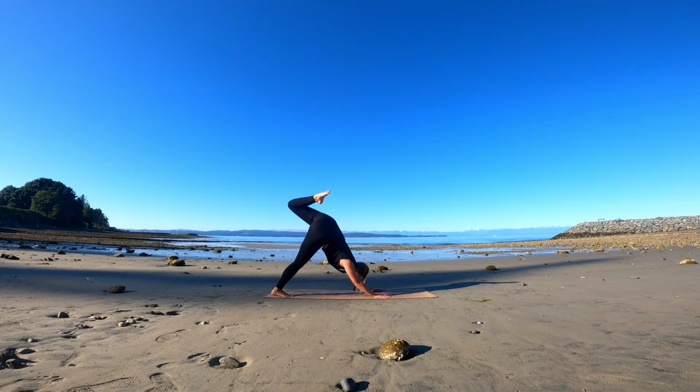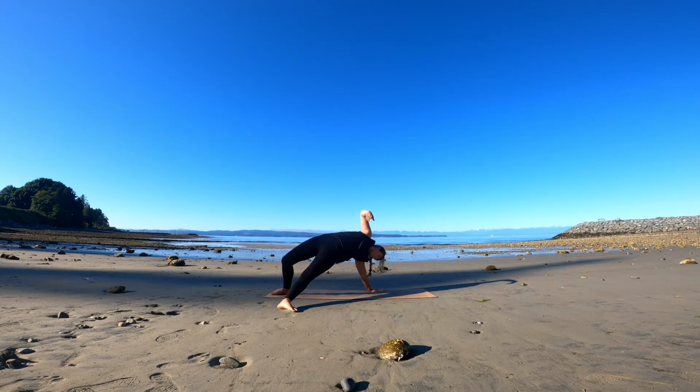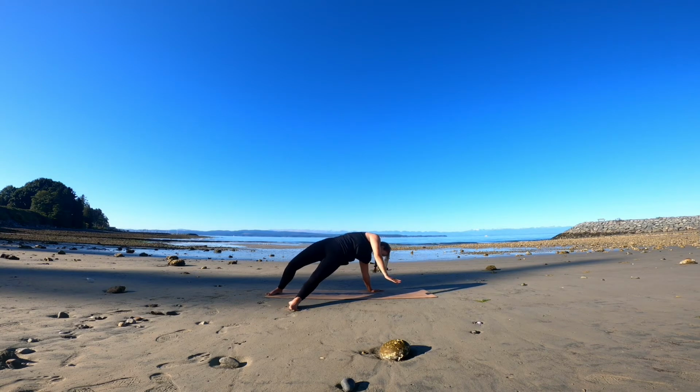Bending the knee, tucking it into your chest as you move into plank position, and then extending it out to the right side of your mat, bringing it through your body. Allowing the right arm to pick up off the mat, extending up towards the sky as you take this twisted triangle position. The left side body and obliques are engaged. And imagine as if a string is attached to your right fingertips, pulling you up towards the sky. Now drop the right hand back down